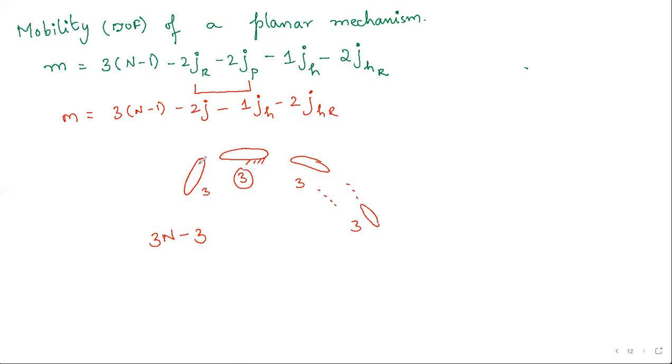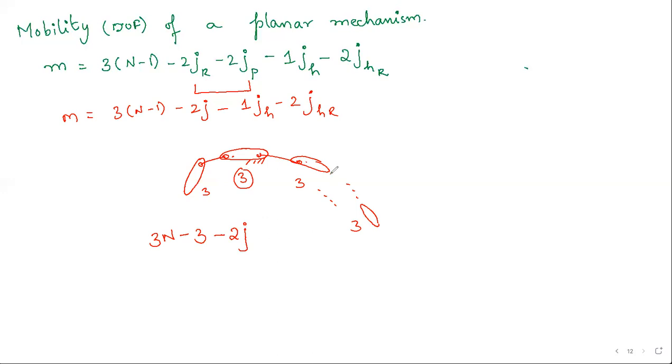Now if I'm connecting it using a revolute joint, suppose these both are connected. A revolute joint blocks 2 degrees of freedom, right? So 2 and J means number of revolute joints. This is one revolute joint. This is another revolute joint. It means this both will be connected. 2 are lost. 2 degrees of freedom from this main only. So these both are connected. Again 2 are lost. Okay, if it is revolute or prismatic, 2 are lost. That's why I have written 2J.